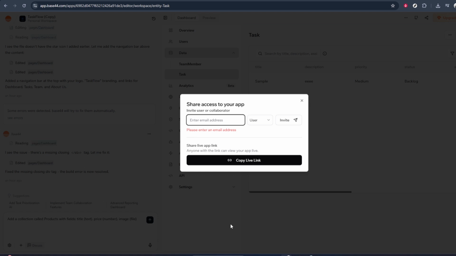When you share the live link, anyone with that link will be able to access the app according to the permissions your Base44 setup allows. So before sharing it widely, think about who will receive it and where you paste it. And that's it. You've selected your app, opened the share